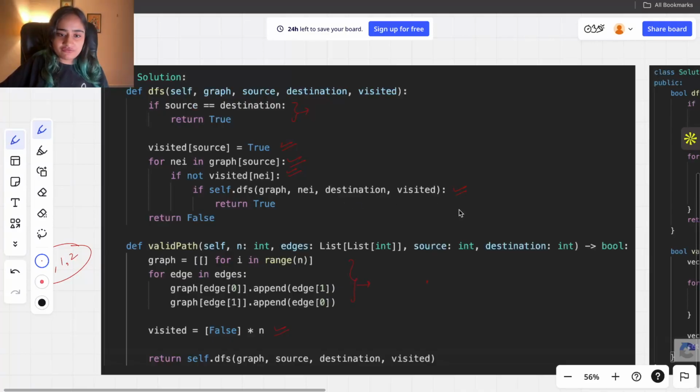If any of them reached the destination, then return true. If after going through all the neighbors nobody could reach the destination, then it's false. No other choice, right? That's what the code logic is.